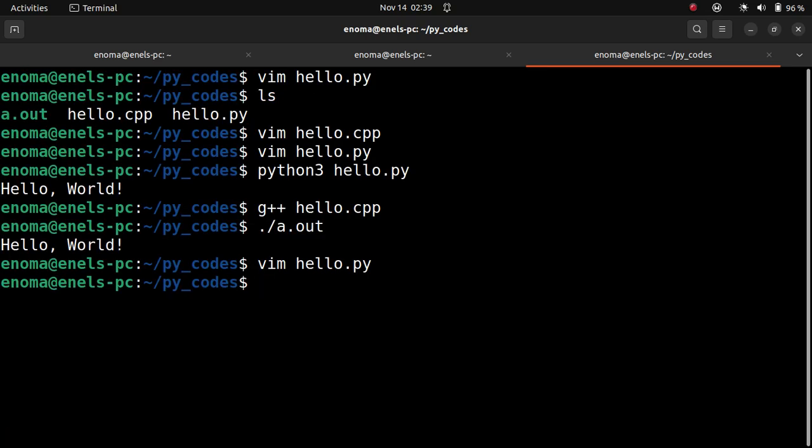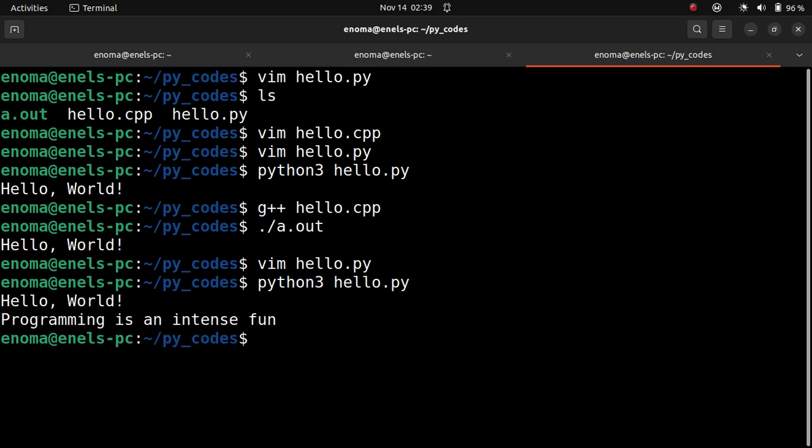I'll save and exit. Then let me run my code now. Python 3 hello.py, and it will run. So the last statement I wrote inside it actually works for me. But if I'm to do the same thing in my C++ code, I'll have to do something like